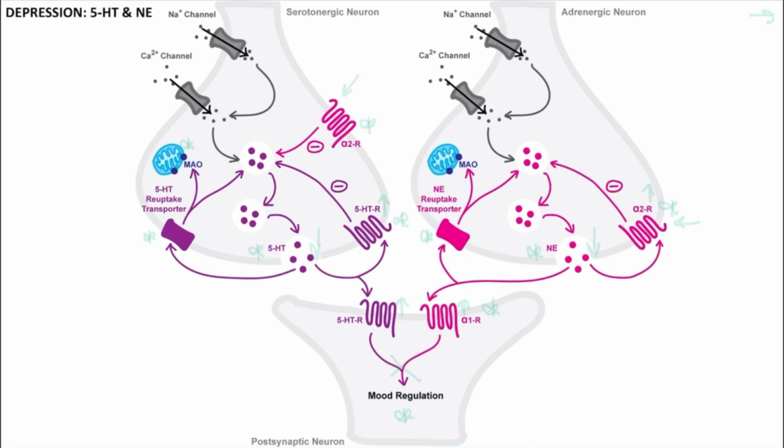So the two main neurotransmitters thought to be involved in mood regulation that are targeted by most of our antidepressants are serotonin and norepinephrine, which will be our main focus, and dopamine, which we will just mention because it is not a primary target for most of the drugs we're going to talk about today. But together, these three neurotransmitters work together to regulate mood, emotion, behaviors, cognition, among other functions.